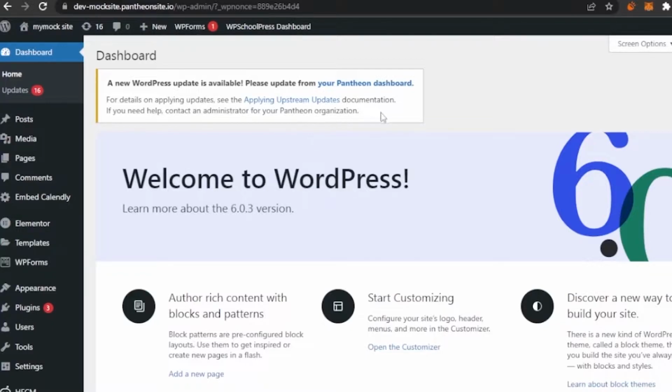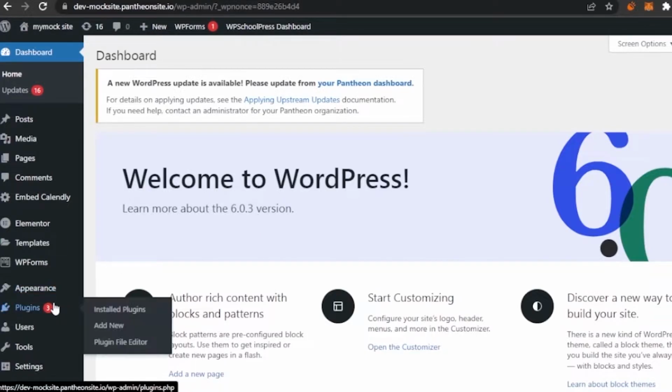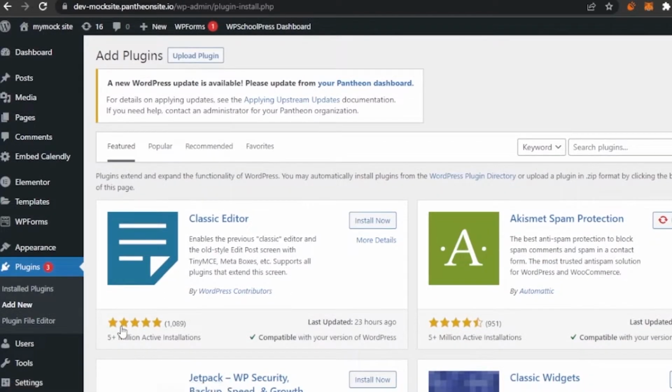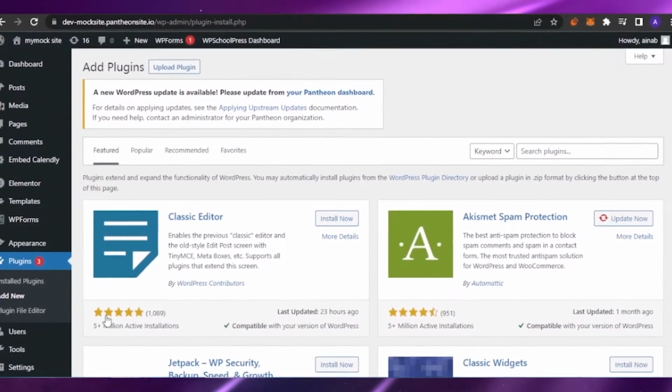according to that. This is the dashboard of my website that I have right now, and now I'm going to go into the plugin section, and in the plugin section I'm going to click on add new. So now in the plugins there are multiple plugins available for different type of question and answers that you want to create. Like if you want to add quizzes, you can basically add a quiz kind of plugin which creates quizzes. If you want to add a survey, you can add survey kind of plugin. If you want to create, let's say, feedback responses, you can add a feedback kind of plugin and that will